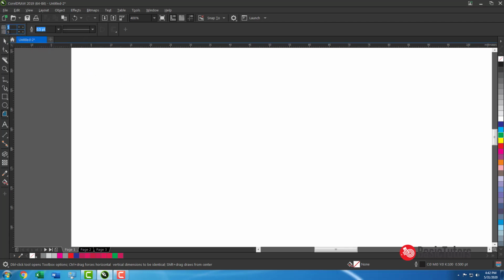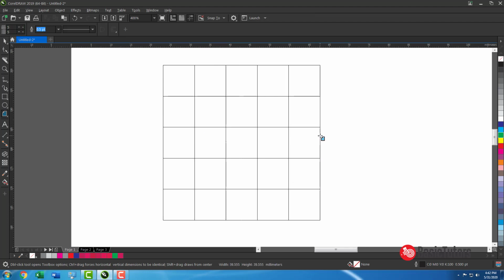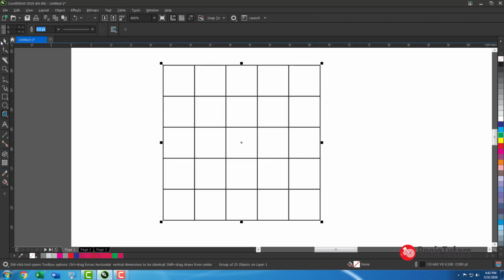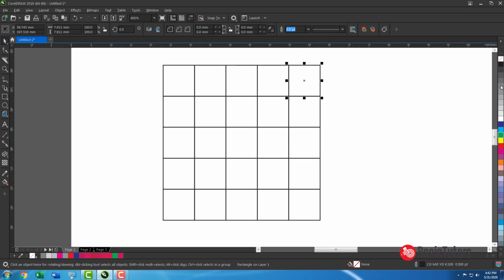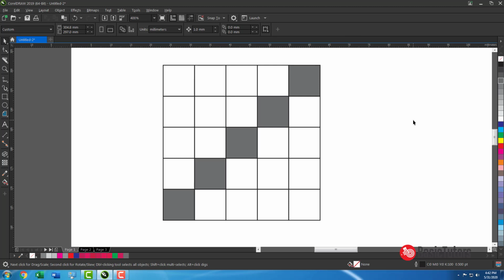Means you may get something like this. Also, you can ungroup the objects and select every individual object and fill it with a different color. So this is the use of the graph paper tool.